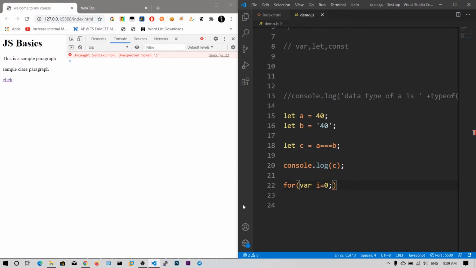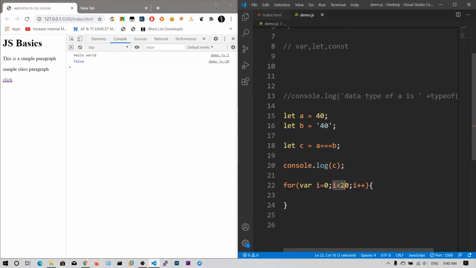So: for i = 0; i < 20; i++. What this means is, first we are declaring a variable i = 0,